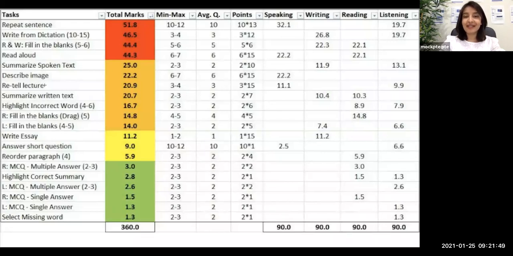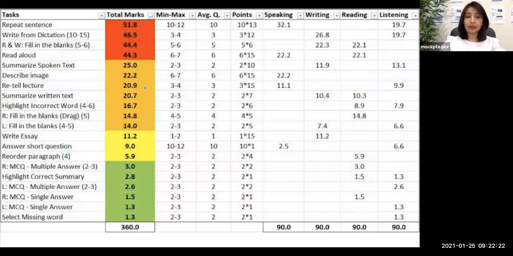This is the 7th important question in PTE, because it is carrying a total of 20.9 points out of 90. And this is an item where you will be listening to an audio and you will be talking about the audio for a maximum of 40 seconds. So you will be giving a summary of the audio. It carries a total of 20.9 points and you will be getting a minimum of 3 questions, maximum 4 questions, average three questions.